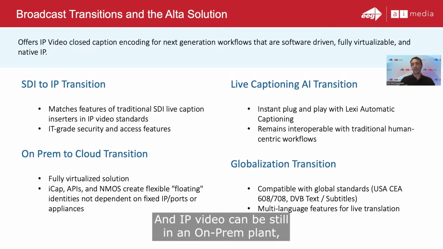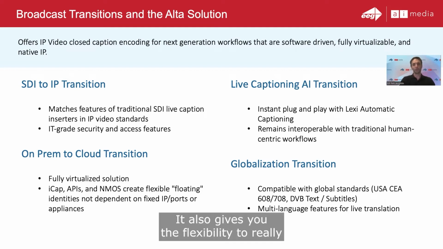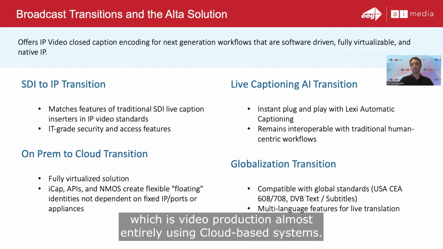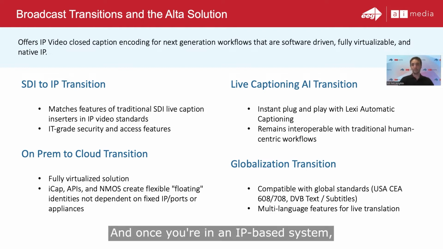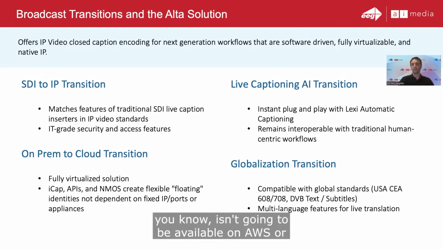And IP video can still be in an on-prem plant, although often it gives you an ability to do on-prem video in a way that's more flexible, that's higher density, that's lower power, easier to maintain. It also gives you the flexibility to really start thinking about taking the next step, which is video production almost entirely using cloud-based systems. And once you're in an IP-based system, that's possible because you're using software and networking, and you don't need a bespoke physical infrastructure that isn't going to be available on AWS or any other popular commercial